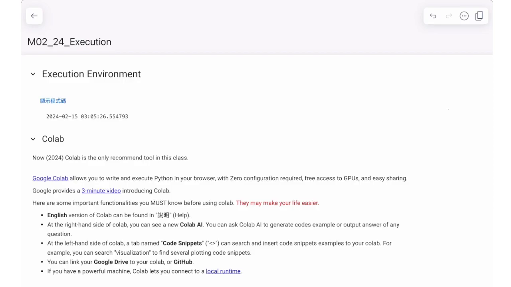Okay, this hour we'll talk about M02, which is the execution environment. And in this class, we encourage you to use Google Colab to write your program. And we also use Google Colab to demonstrate our algorithm and homeworks, everything else. Okay, we use Colab. The reason why we use Google Colab is it allows you to execute Python in your